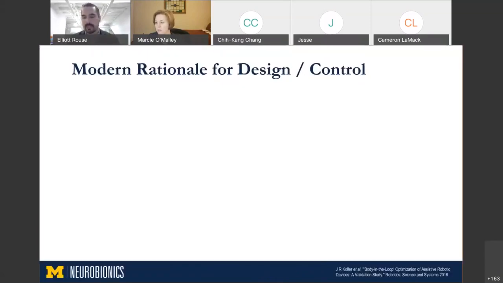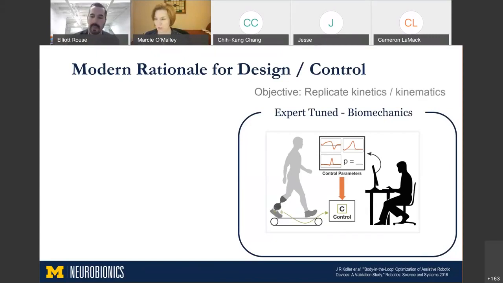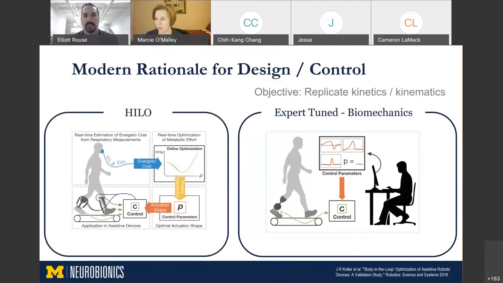So the modern rationale for design and control of wearable robotics consists of really two philosophies, I'd say. The first is expert-tuned based on biomechanics. The objective here, like we've talked about in the first part of this talk, is to replicate kinetics and kinematics. There's also a relatively new philosophy called human-in-the-loop optimization, where instead of using an expert to